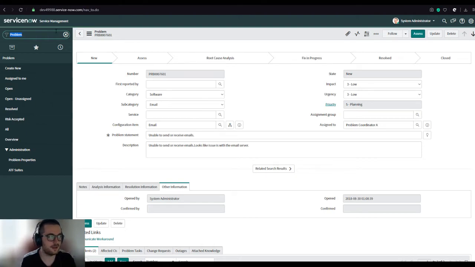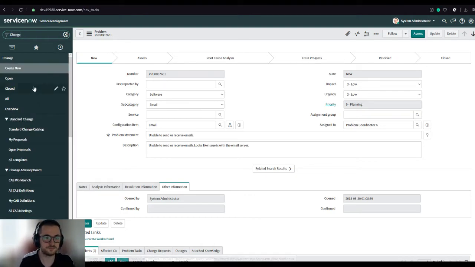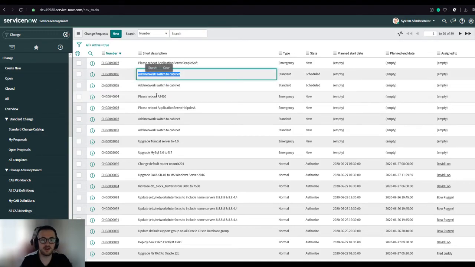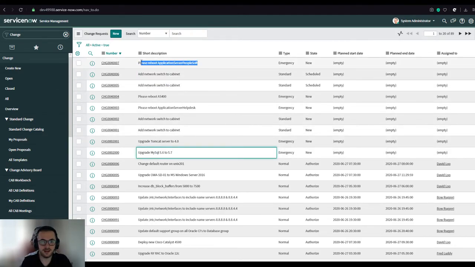In the change, you can look at open changes. So changes are a fun one. If I want to update an operating system on 30 or 40 computers, or if I want to add a network switch to a cabinet, or if I want to reboot a server, or if I want to upgrade MySQL,